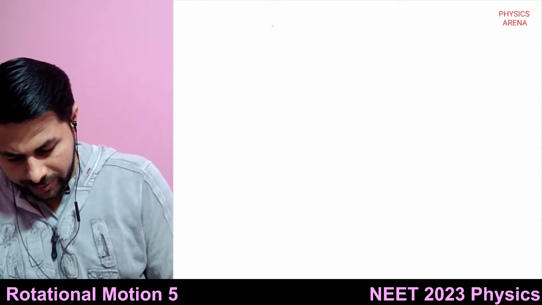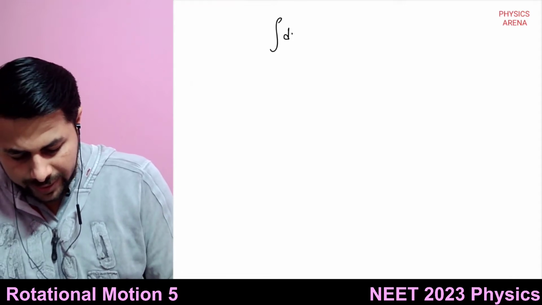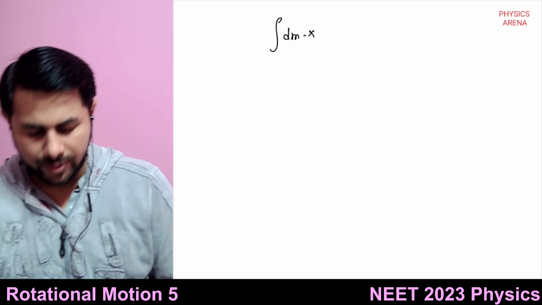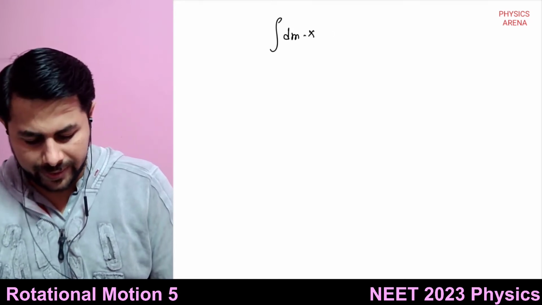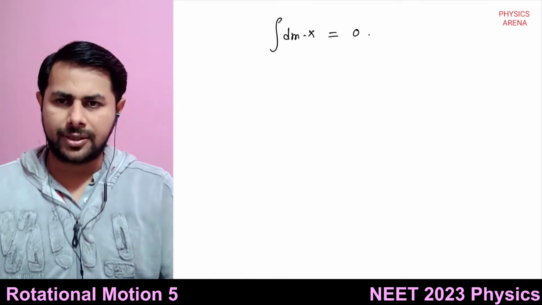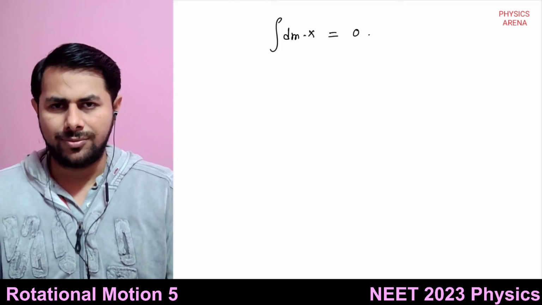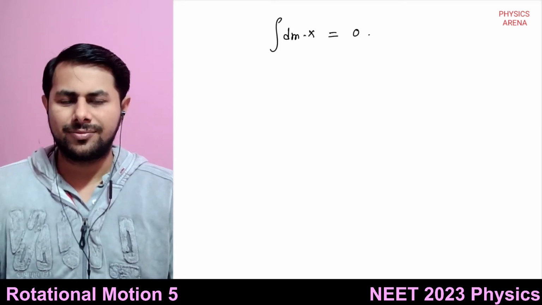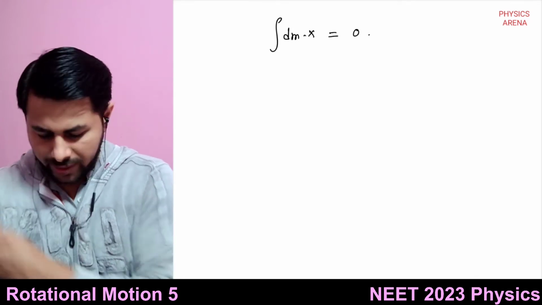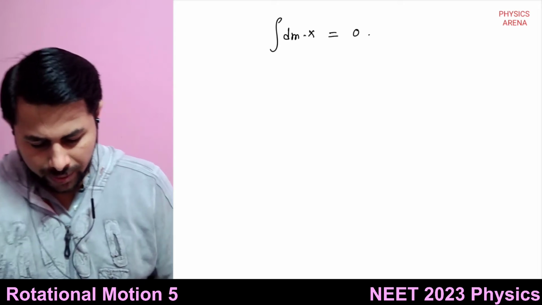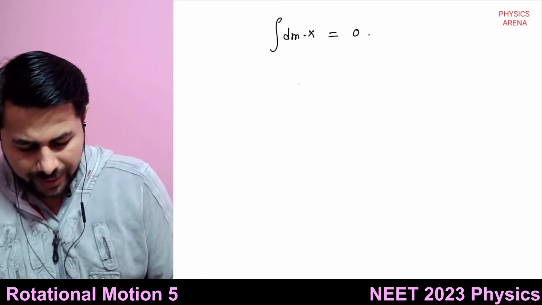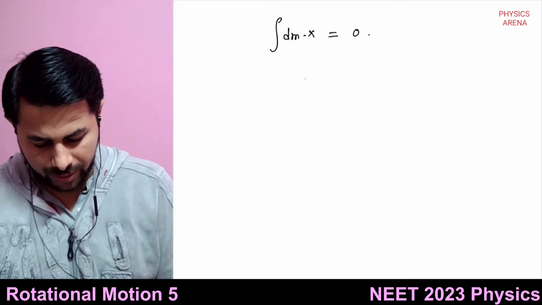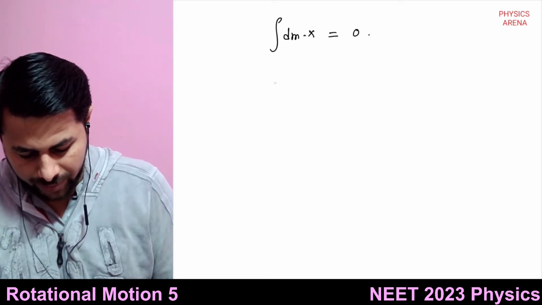So the question is, why is this integral equal to 0? The integral of dm multiplied by x over this complete body is equal to 0. We had seen this thing. See, we had seen that if you take the moment of a mass about the center of mass,